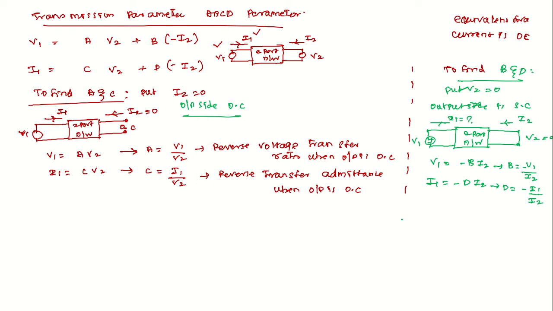What we can write for this B and D value is, the value of B is V1 by I2, right? V1 by I is called impedance. So V1 by I2 is called the reverse transfer impedance